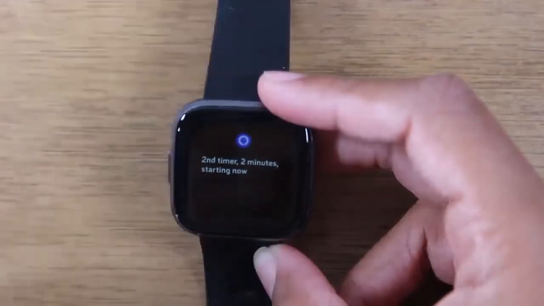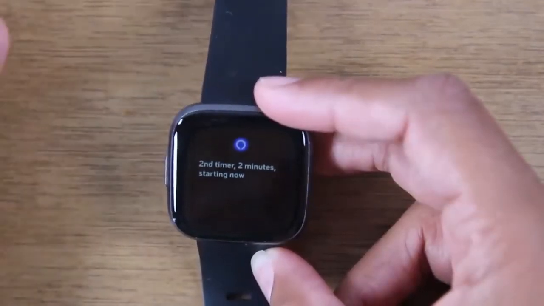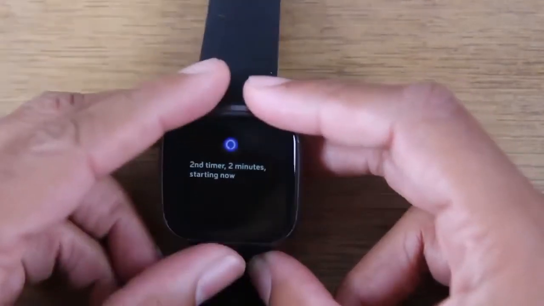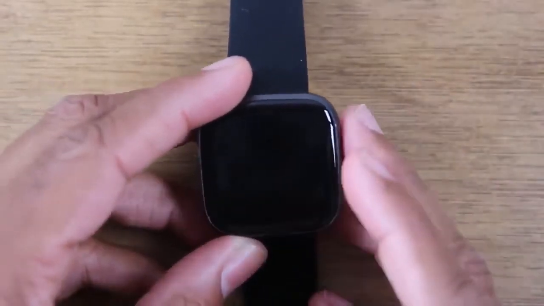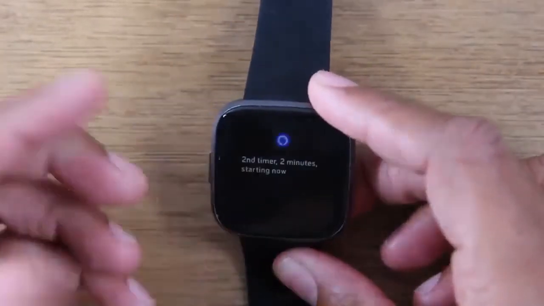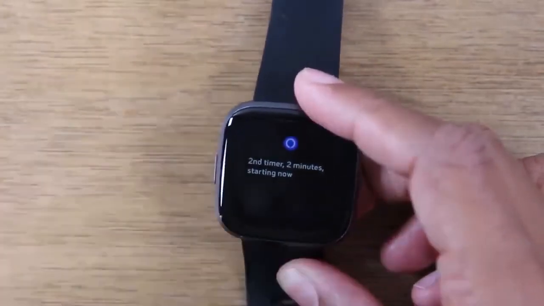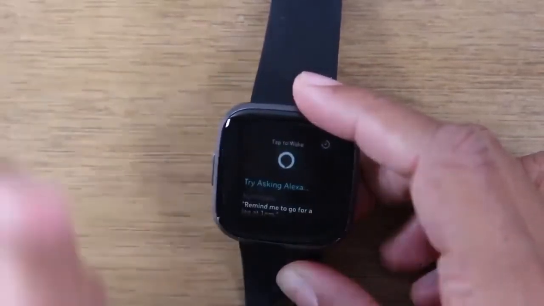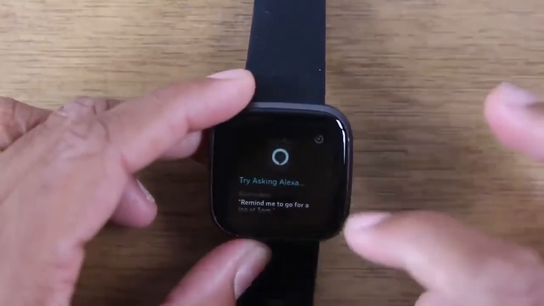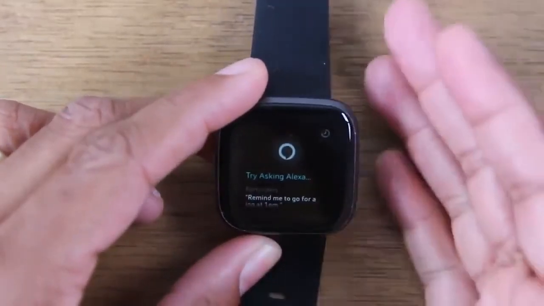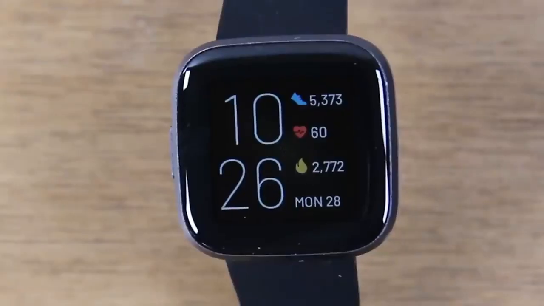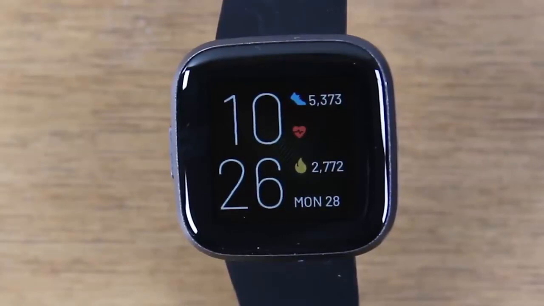So just that easy, I can tell it to set a timer or do something like that, and it will get started. So in terms of using this with my workouts, it's been awesome because it's great to be able to just set something without having to manually do it yourself. The cool thing too is in this section you are able to control your other Alexa enabled devices. So now I'm going to segue over to the app, because in the app is where you're going to have a lot more of your controls in terms of changing your clock face,